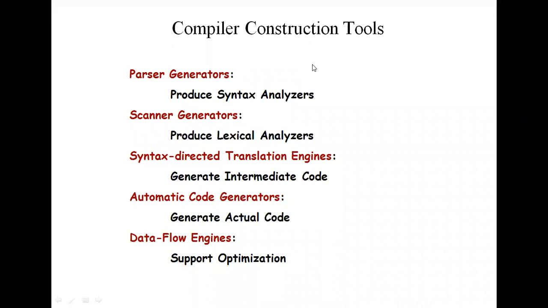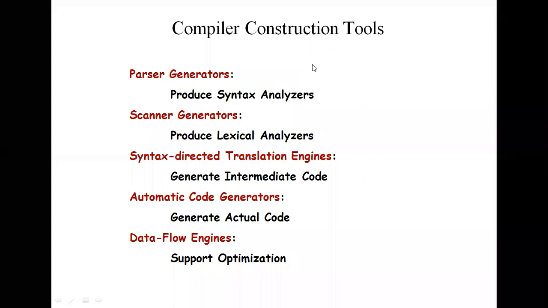And Unix has a tool called YACC. YACC, yet another compiler compiler. This word I already explained in the last classes. Yet another compiler compiler, which is one of the building tools of the compiler. By using YACC, we are going to produce the parsers. That means it is a parser generator. YACC is a parser generator tool.